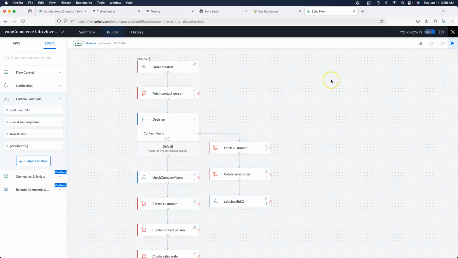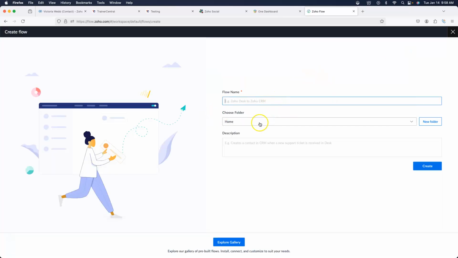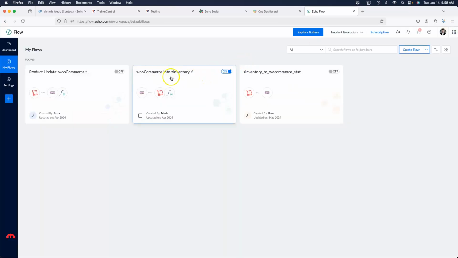So Builder, if you're not familiar with Flow, you can go to flow.zoho.com and you just create a new flow. So you just go over here and say create flow. You can name it. You choose a folder. So they have folders you can put together and then create. And what will happen is like this one here,